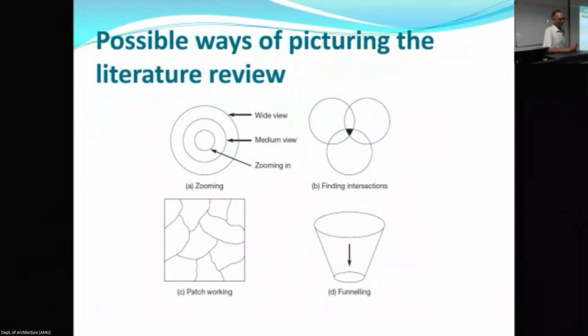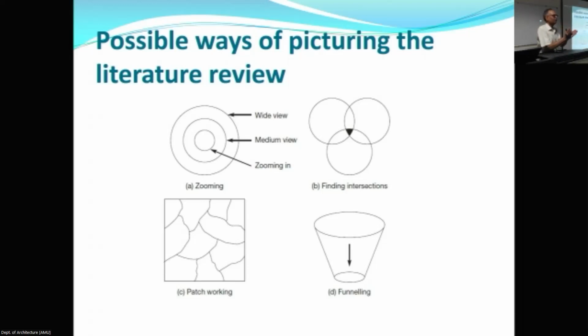And so, I was discussing how we search literature. There are some ways, like how you can picture this. For example, when you are carrying out a literature review, you start with a very wide view. Then you focus, you zoom in, like a funnel. The most important way is that we start with our introduction, literature review, and finally the research